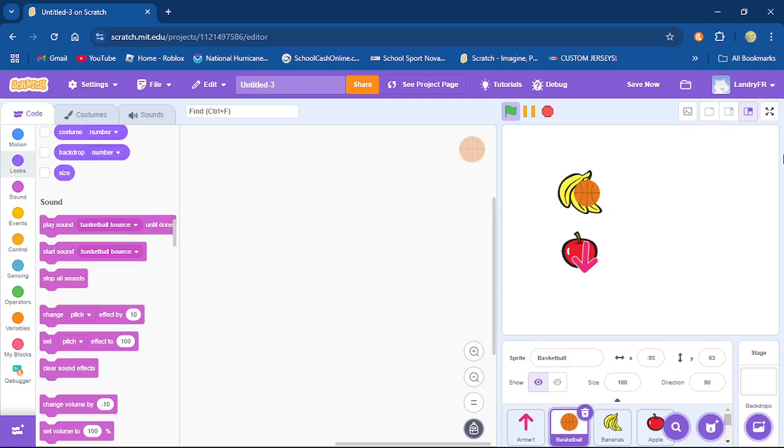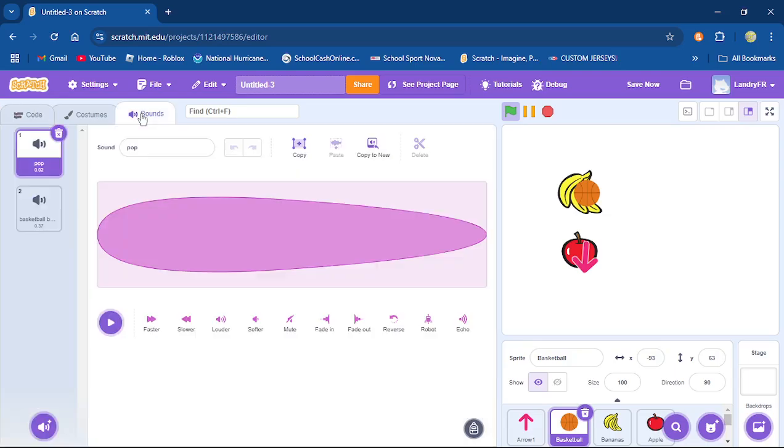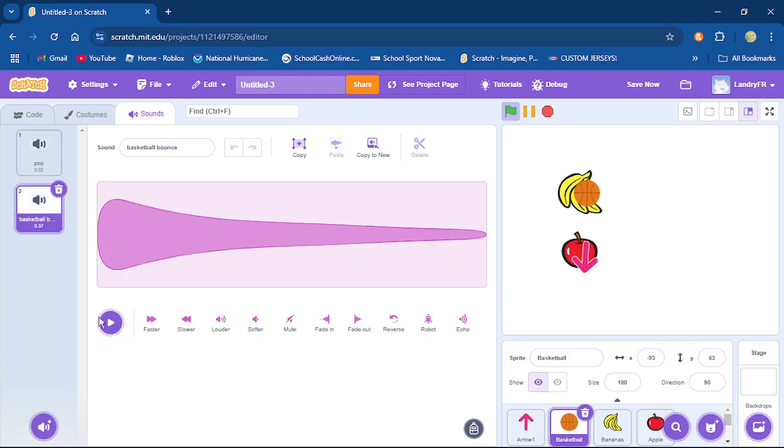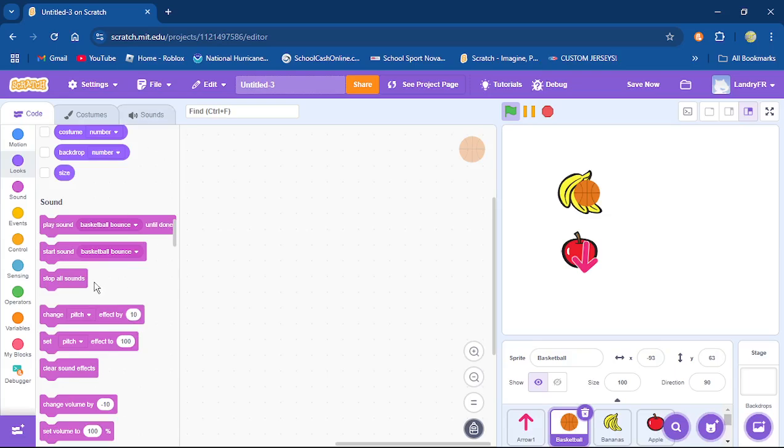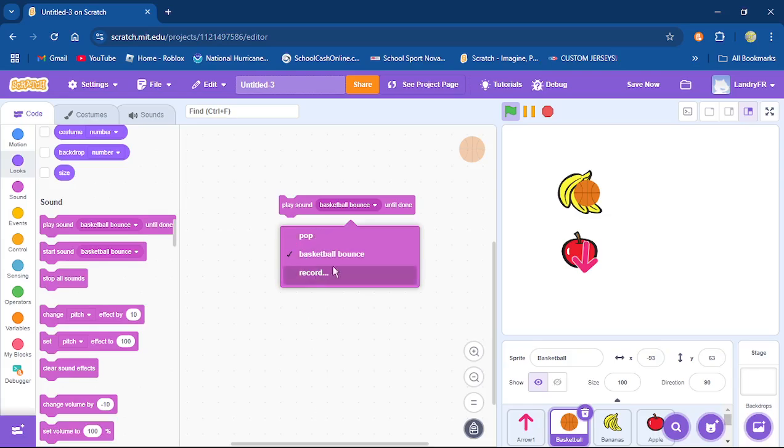So you can do various things with Scratch sound, and all you're going to do is go to Sounds, and upload whatever sound that you want, okay? This one already has a sound for basketball, so we're just going to go here, and that's what a basketball sounds like if you were bouncing it on the ground. You could repeat that in a loop for your game, okay? And once you have your sounds downloaded, then you can actually drag these out, click the drop down menu and switch to whatever sounds that you put. So if you have music, you could put it here, and you can put it wherever you want.